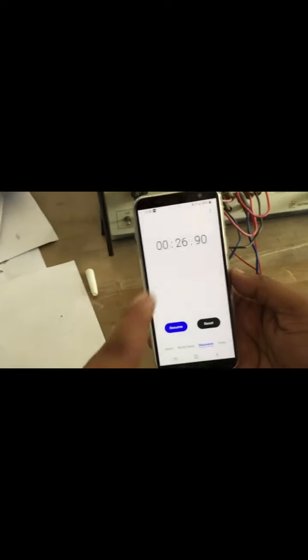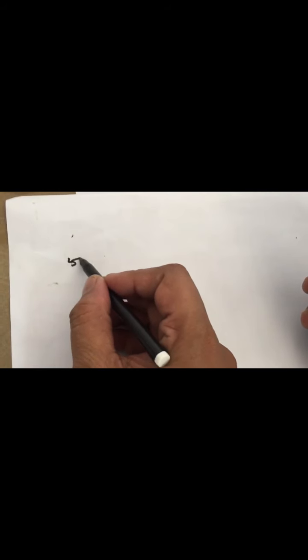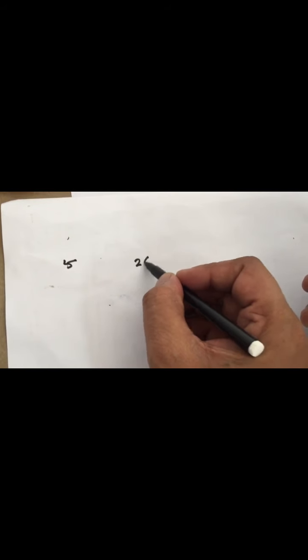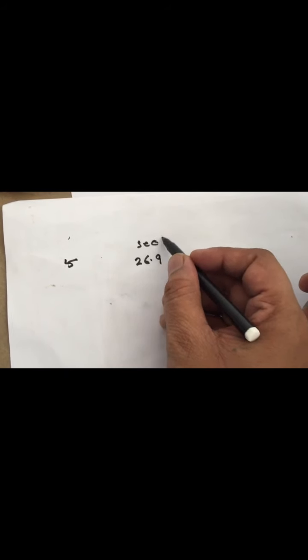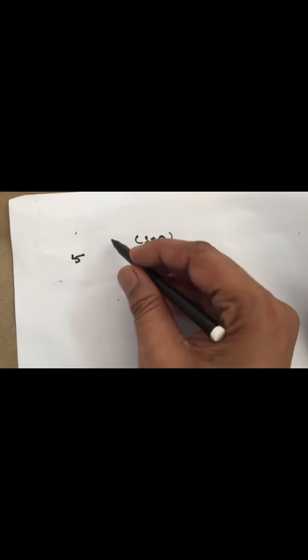To complete the 5th revolution, it has taken 26.9 second. So to complete 5 revolution, it took 26.9 second.